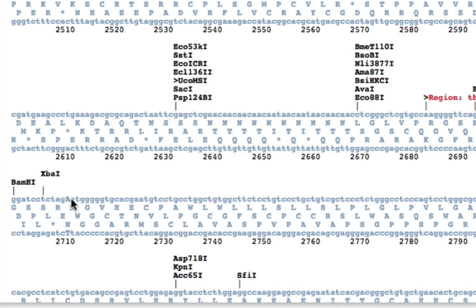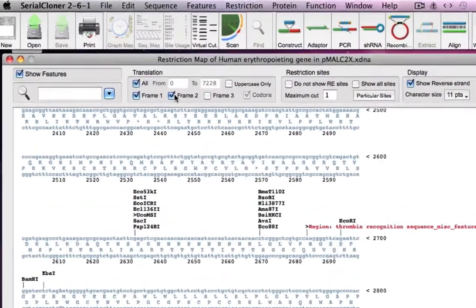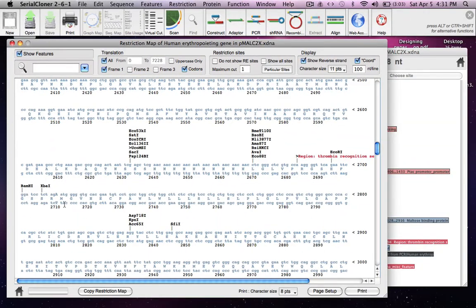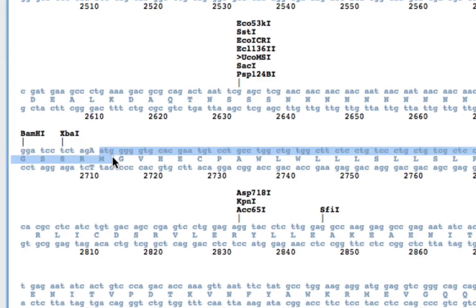Then you can see this codon ATG, that is the start codon, and it codes for methionine in reading frame 1. So erythropoietin also starts with the start codon ATG and codes for methionine in reading frame 1. If you remove reading frames 2 and 3 and only visualize reading frame 1, we see that